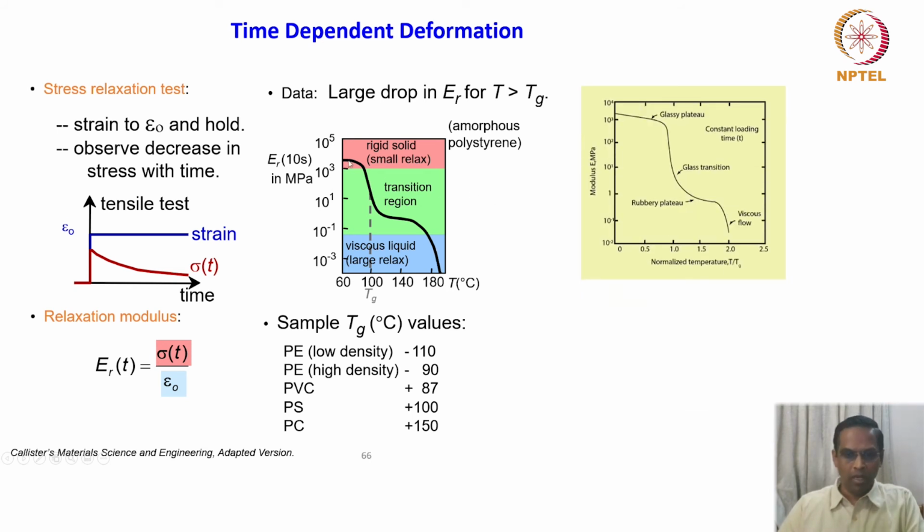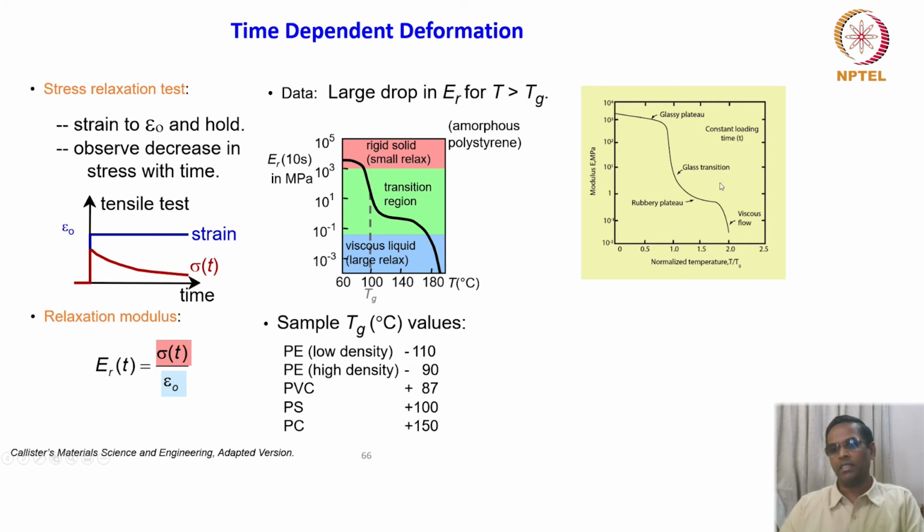So the same plot is given in a different form. You can see that this region is a glassy plateau, and this is a glass transition region, and this is a rubbery plateau, and then this is a viscous flow. So you can see that the different regions of this curve characterize the different